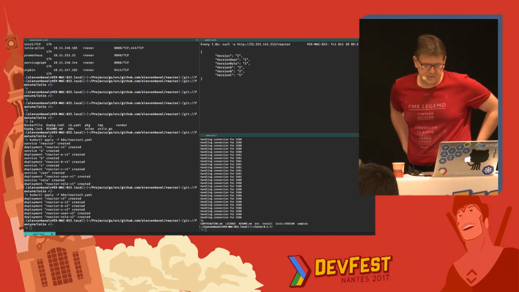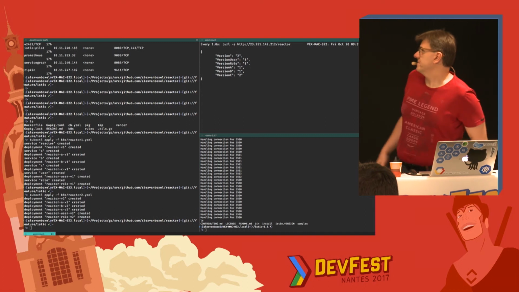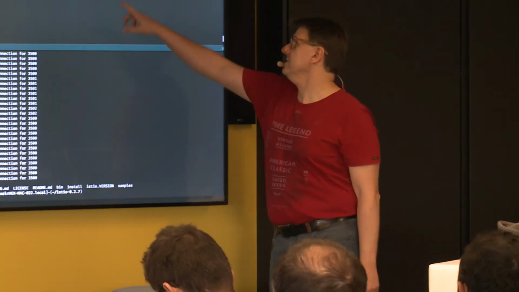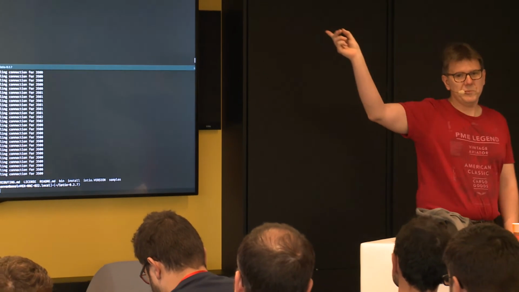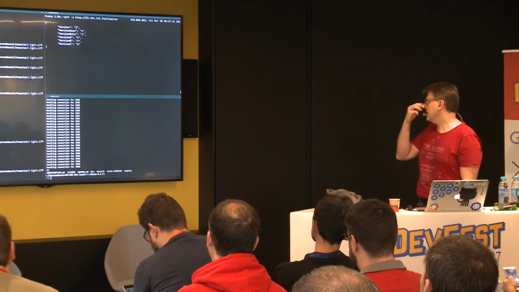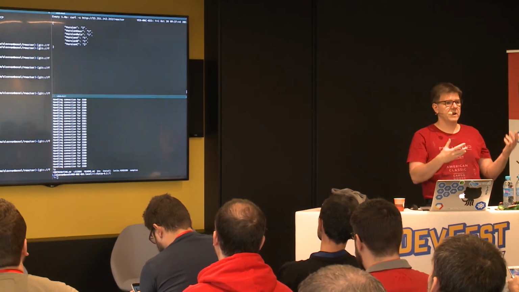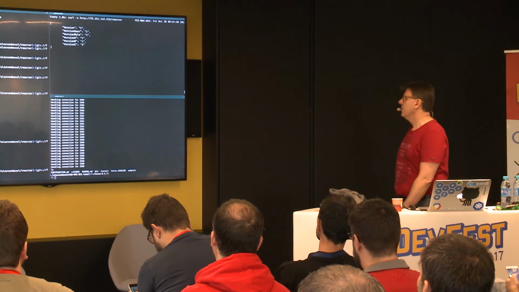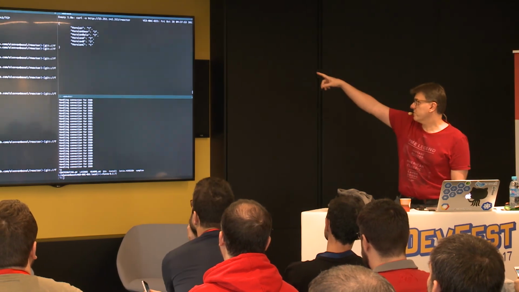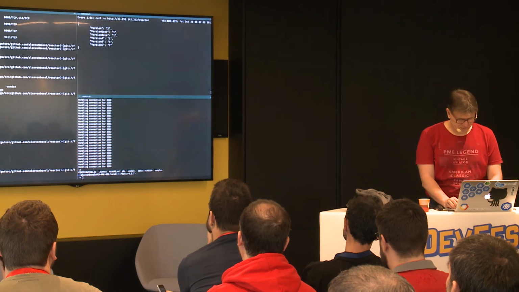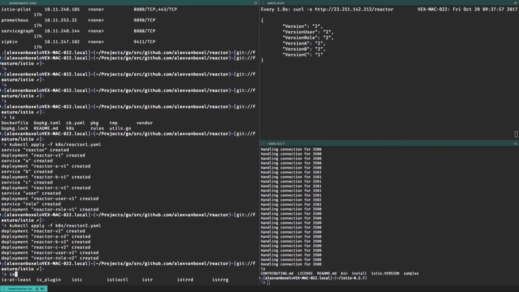So let's do this. We have my very sexy user interface that just returns the version numbers. You see, everything is just randomly assigned, typically the Kubernetes way. 1.1, 2.2, 1.1. The upper version is the version of itself. So how do you control it? So I'm going to show you